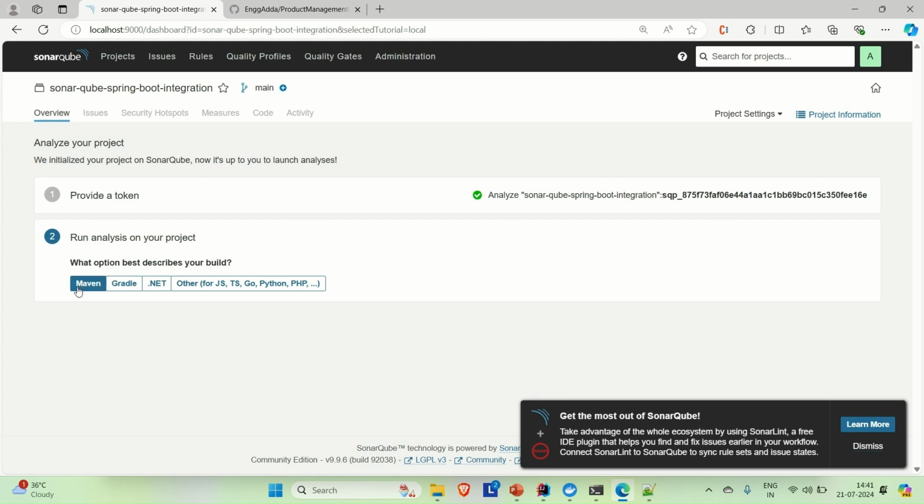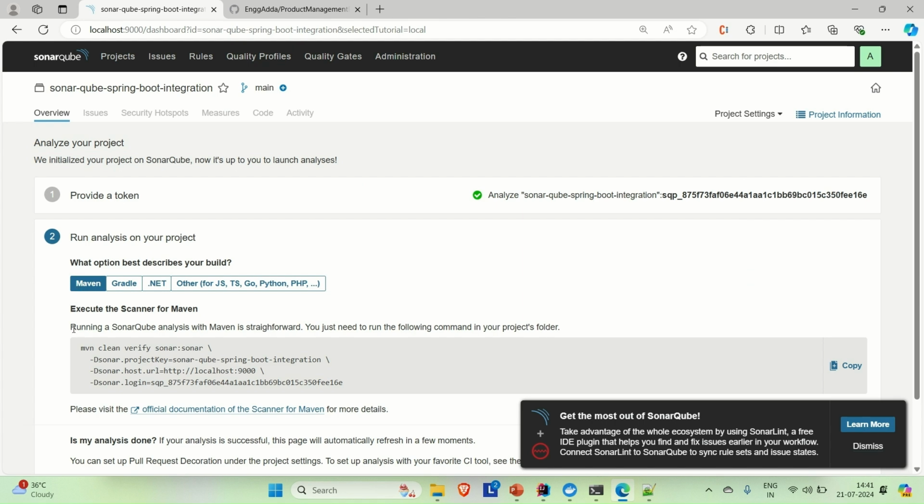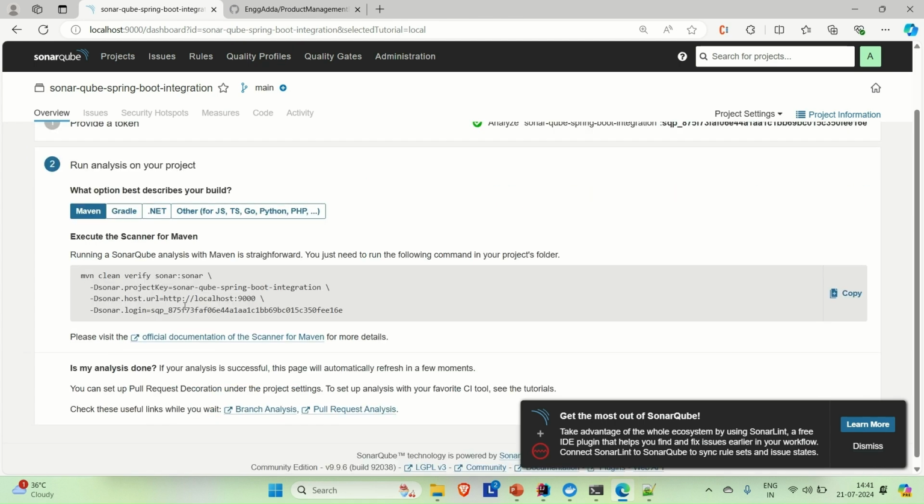So let's say you created one Maven project. In our case, it is a Maven project. So you can click on it and you will find the steps that you need to run, or you can say the command that you need to run in order to run the analysis on your project. So once you run these commands, SonarQube will try to scan